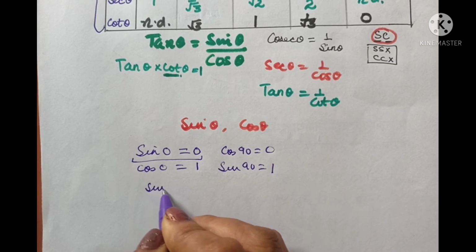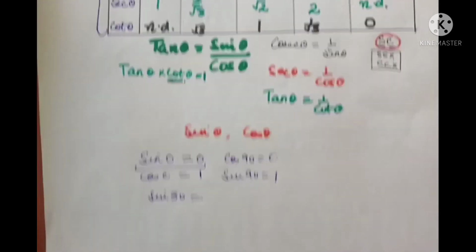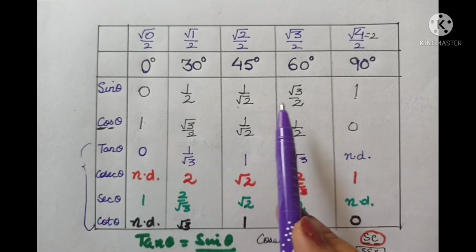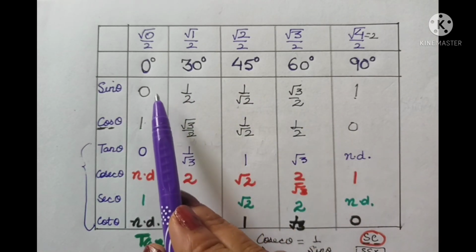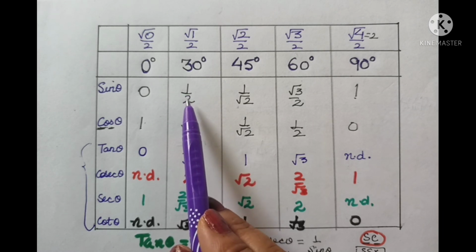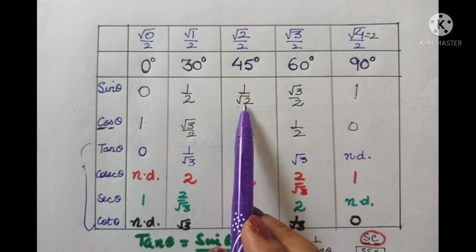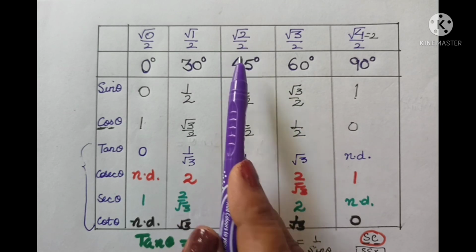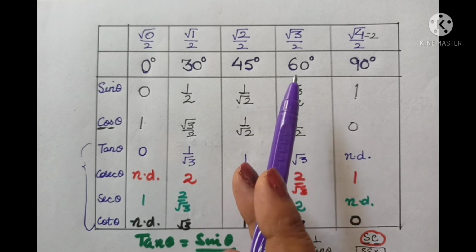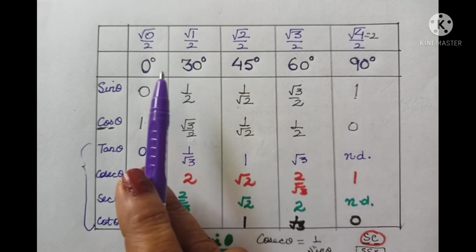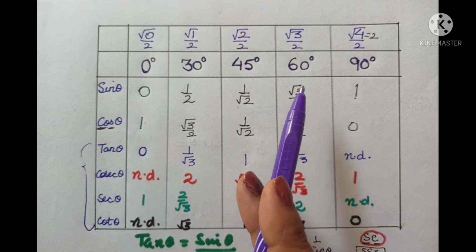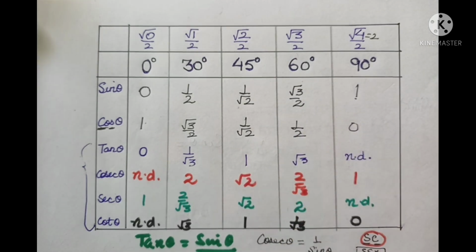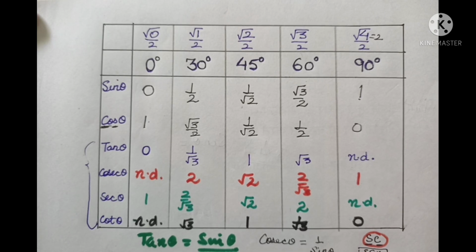Then sine of 30 degree. See, you remember that values of sine lie between 0 and 1. So from 0 to 1 we increase. So 30 is closer to 0. So after 0 we get 1. Hence it should be 1 by 2. For 45, you should remember that after 1 we get 2. So in numerator if we have 2, root 2 divided by 2, it should be 1 by root 2. And then 60 is at third place. From after 0 it is 1, to third place. So just remember 3, which gives you root 3 by 2, and sine 90 is 1. So this is how you can remember the table.